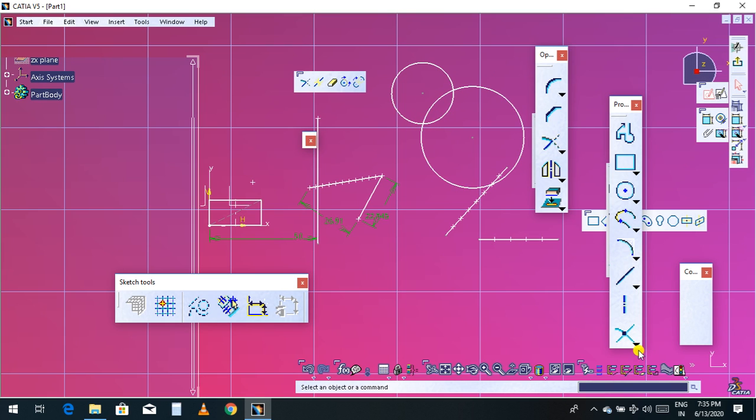So this is the intersect point, and this is the projection point, and this is called align point. This is not very important, but sometimes this projection point will be important when you project any part or any sketch. So this is the projection type point and this is the align type. So I hope you can understand these point types and the axis profile and point profile in CATIA.